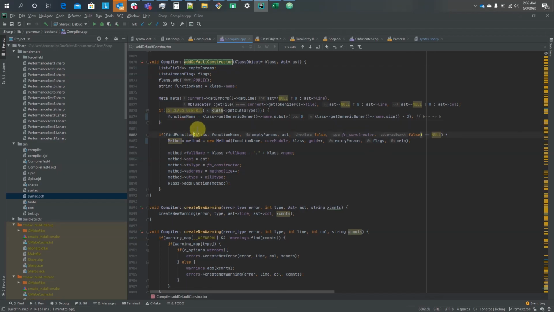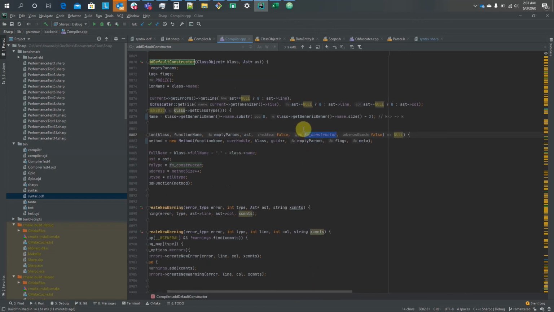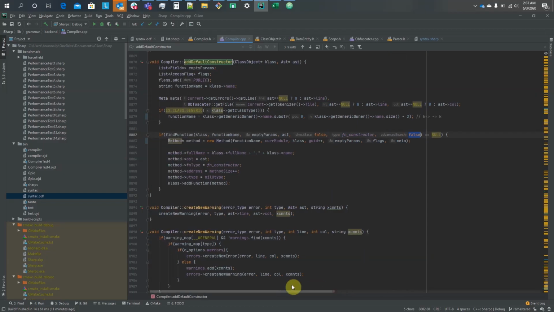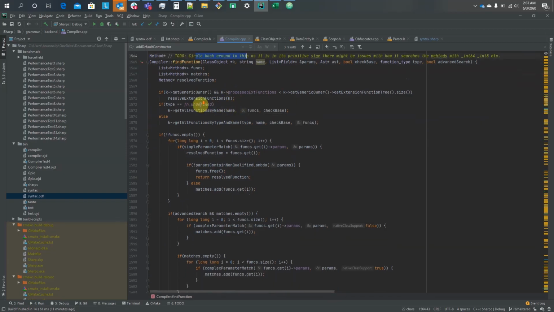basically try to locate and resolve a function based on tons of data we pass in. So we need to pass it the class that the function was defined in, the name of the function, any parameters that the function is supposed to have, the AST, this is just for error reporting in case the function call is ambiguous or whatever. Whether or not we want to check the base class, the type of the function. So if we put function undefined here, then what effectively will happen is we'll just try to resolve any type of function with the name that we pass in, and then whether or not we want to do an advanced search. So this is a pretty in-depth function, and there's still some bugs with it, but